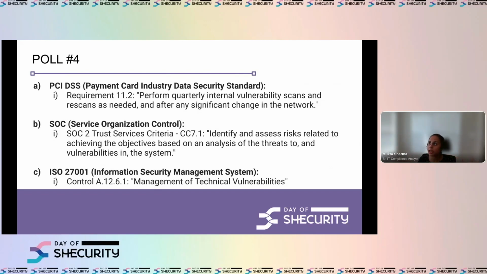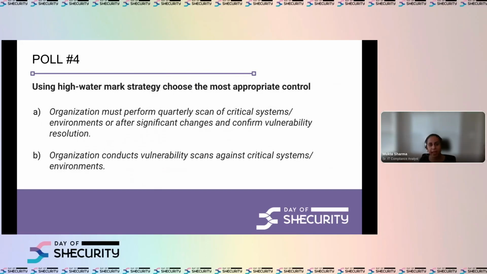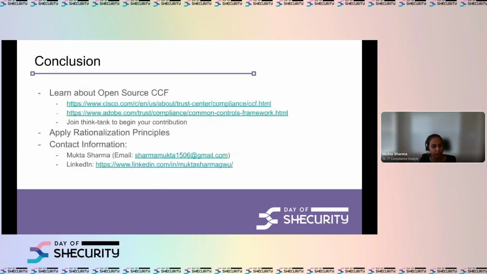If you have an organization with financial institutions or companies in the fintech industry, and you also have companies and clients in manufacturing, you will go with the requirements listed in PCI, performing quarterly, so that you are covering both territories at the same time. So that's a good thing that I got the correct answer from the audience. Thank you so much. Now that you have understood what a common control framework is, I just want to conclude